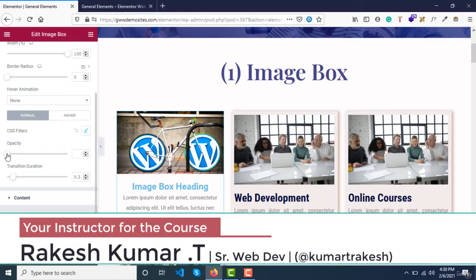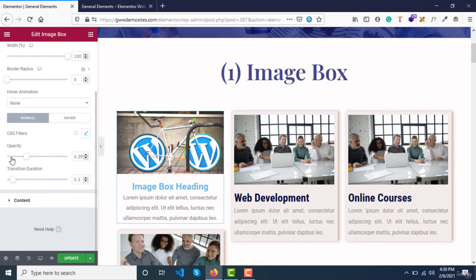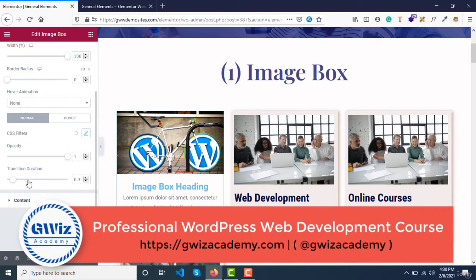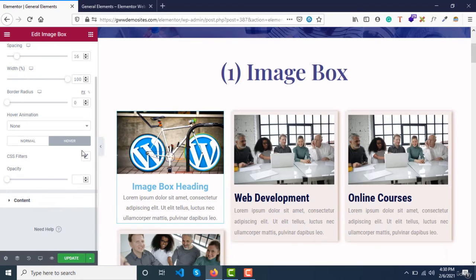And then you can increase or decrease the opacity, right? And then transition duration, the animation that we have applied, what kind of transition you want, that can also be decided over here. Or else CSS filters, as soon as you hover over it, the CSS filters effect can be applied based on the transition timing. And now